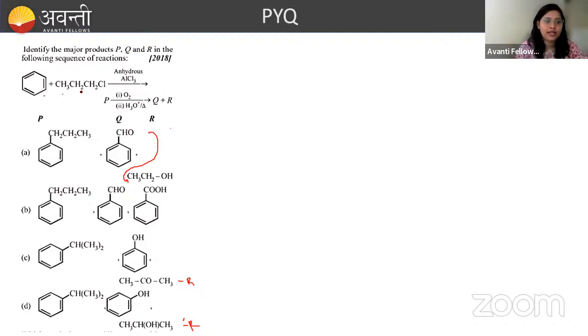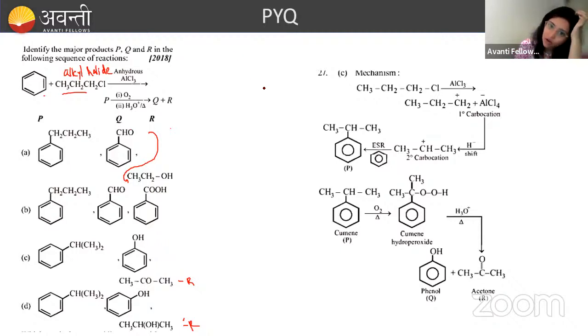Now identify the major product PQR in the following reaction sequence. Here we have benzene, and it is reacting with alkyl halide, sorry, not acid halide, not hydrogen halide, sorry, alkyl halide, very very sorry. Our benzene is reacting with alkyl halide in presence of anhydrous AlCl3. So which type of reaction is this? FC alkylation. This reaction is FC alkylation. So what is the mechanism? You can see first of all there will be formation of carbocation from this given halide. It is a primary carbocation, and a primary carbocation is not that stable, so a hydrogen shift happened